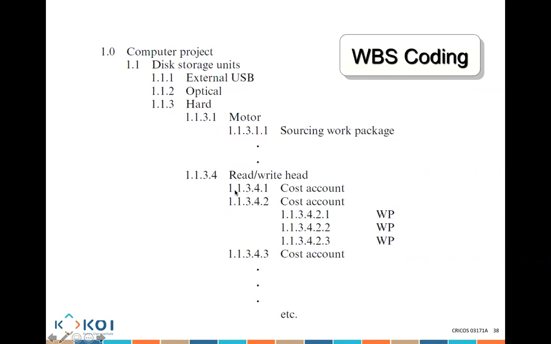So the cost account is where we are going to be charging the money for the work that has been done. And the work package is the actual work. For this work package, I'll assign a person. I'll assign a start time and end time. And because I know the start time, the end time, and who's supposed to be doing the job, I am able to understand from a budgeting perspective how much this is actually going to cost me to get the job done.